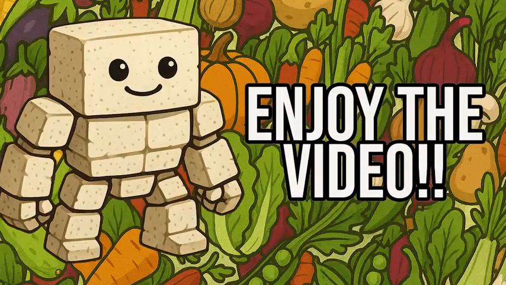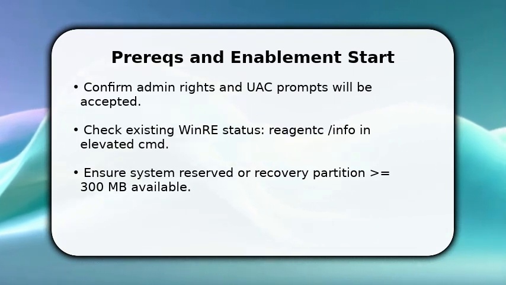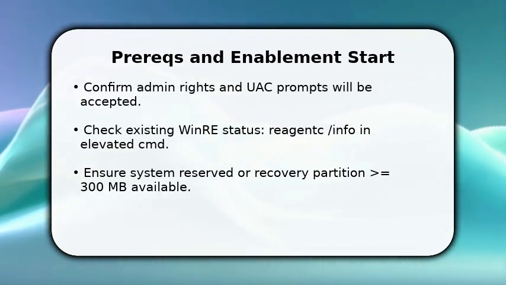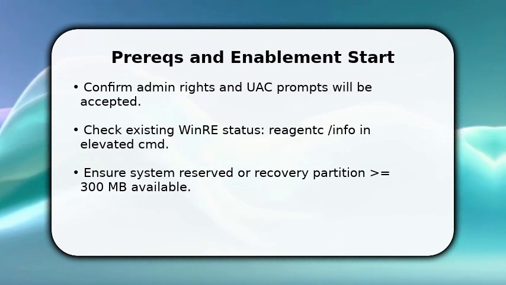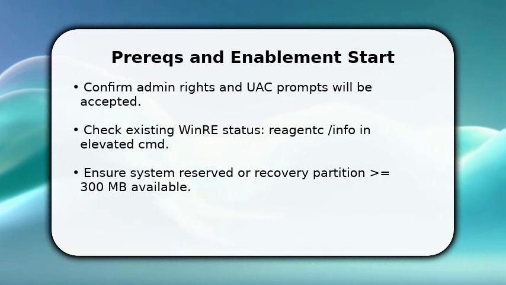Please enjoy the video. You'll begin by confirming you have administrator privileges. This allows you to change system recovery settings. Open an elevated command prompt and run reagentc /info to see if WinRE is enabled and where winre.wim